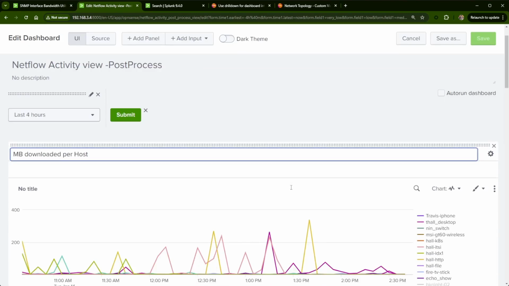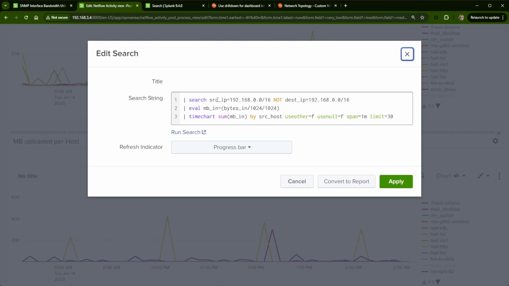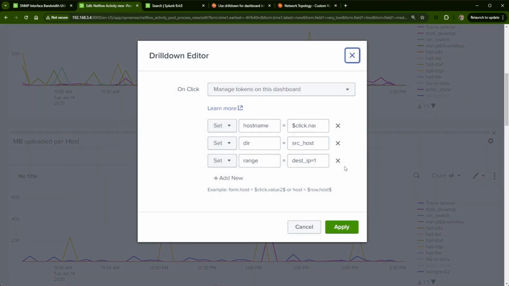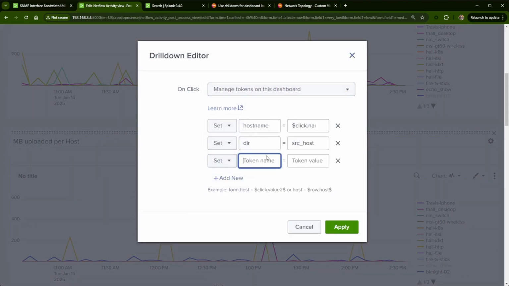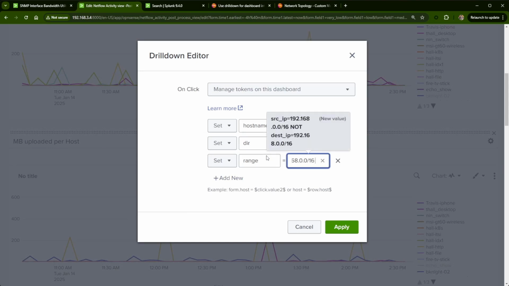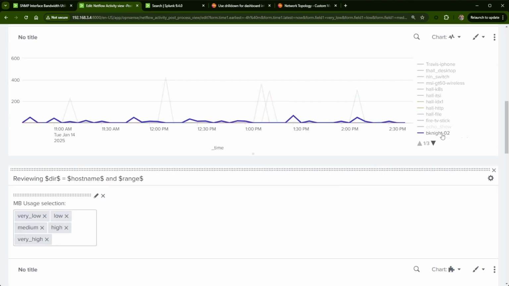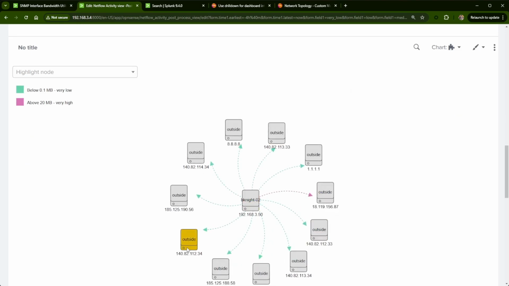So let me click edit. If you do the same thing as I just did, I needed to copy this and then come back and edit my drill down. I'm just going to redo it, say range. Sometimes your problems could be as simple as that. It's a typo. And now if I click on BK Night, I should get where it's talking and no more